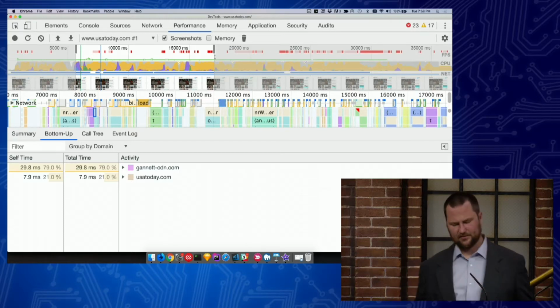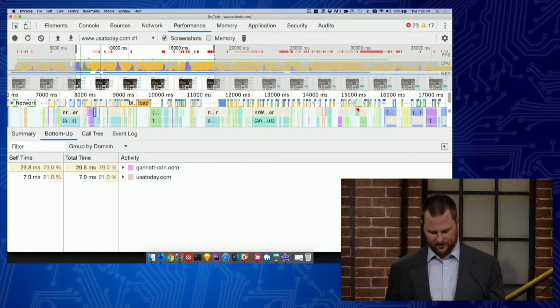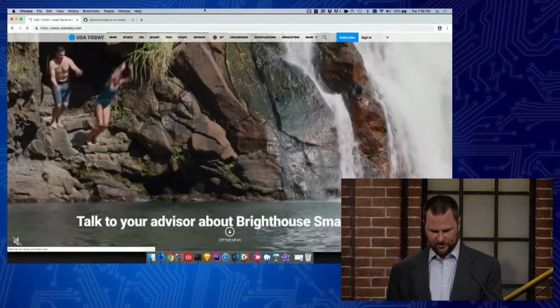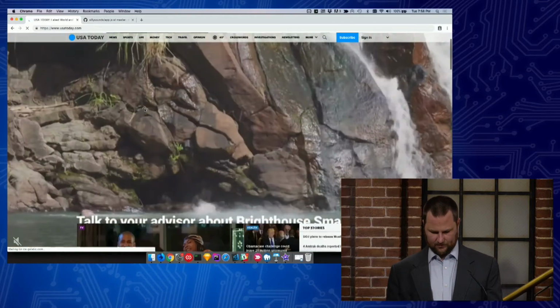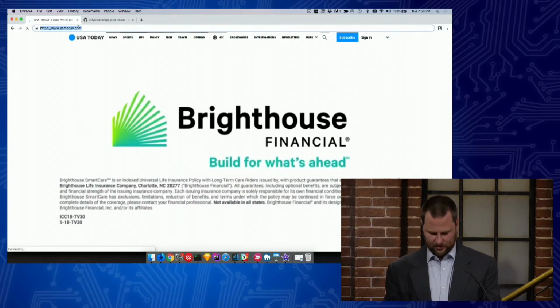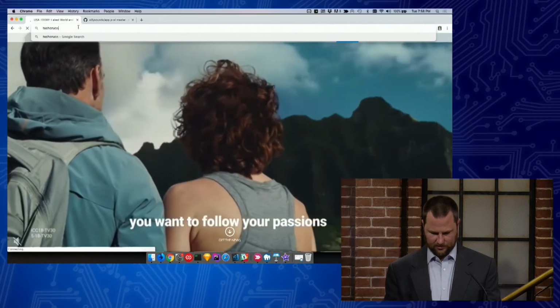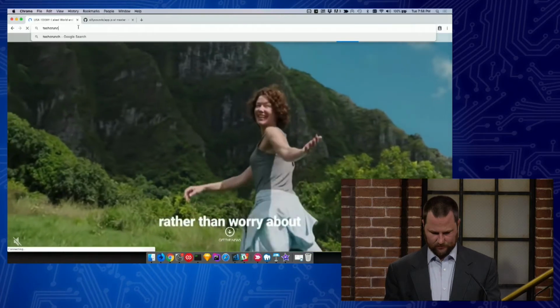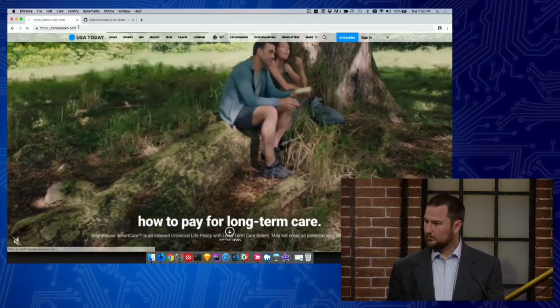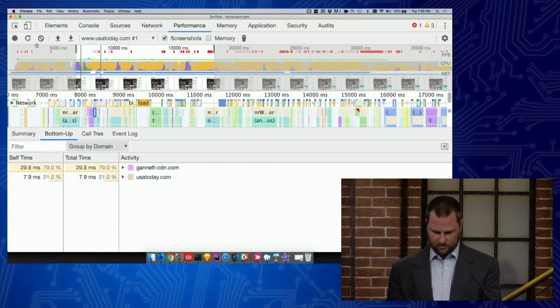Something that I've noticed is Google Chrome updates itself a heck of a lot. It's updated itself while I've been in presentations before. Oh, this is great. So maybe I'm going to go back to TechCrunch. Let's do